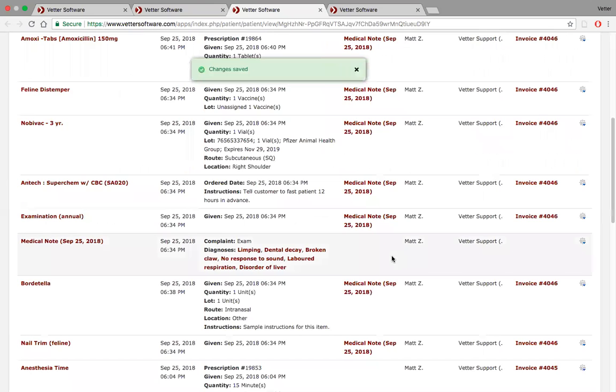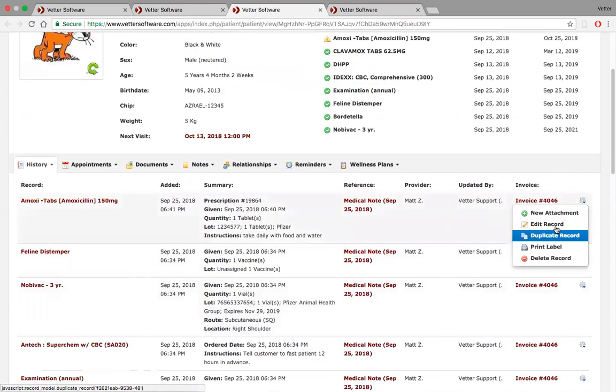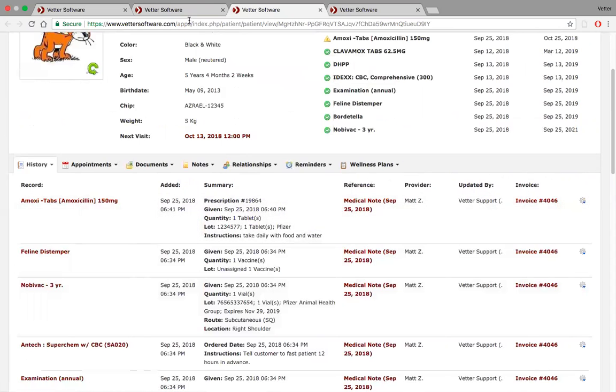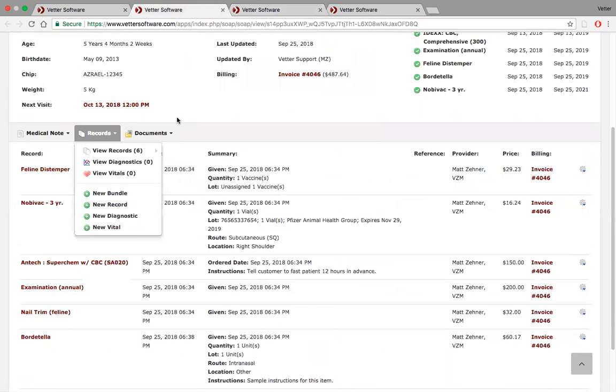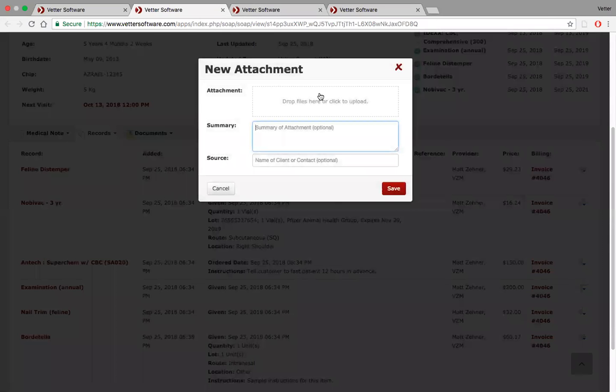You can edit it by clicking on it, or you can go to the little gear icon and edit it right here too. But it's great to have a reference. For example, maybe you want to take pictures of the animal. There's a cut or something, you want an attachment. It's nice to take a tablet and take a picture of the animal, if they're limping or have a cut, and